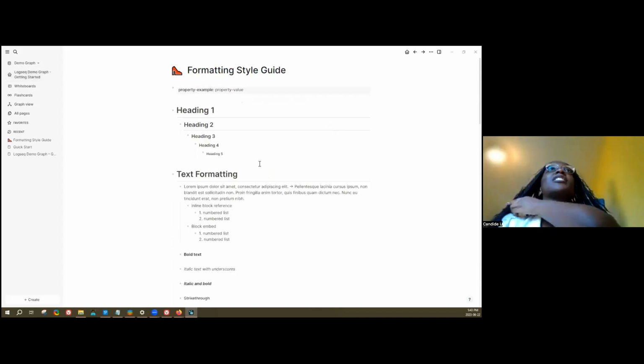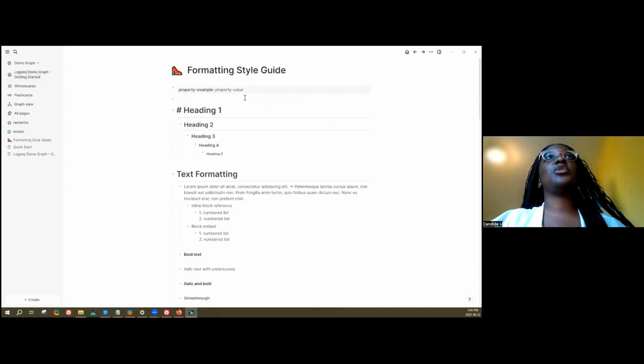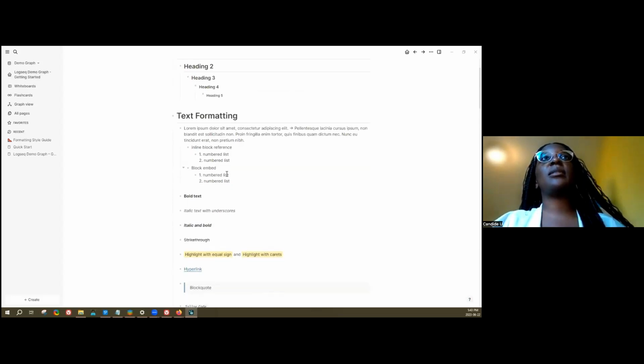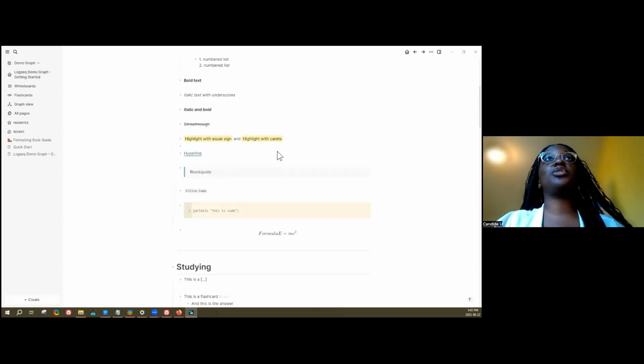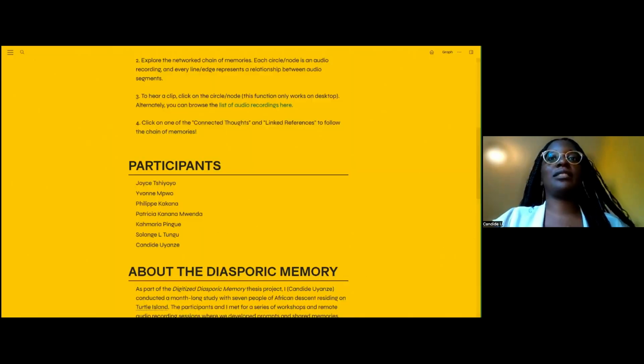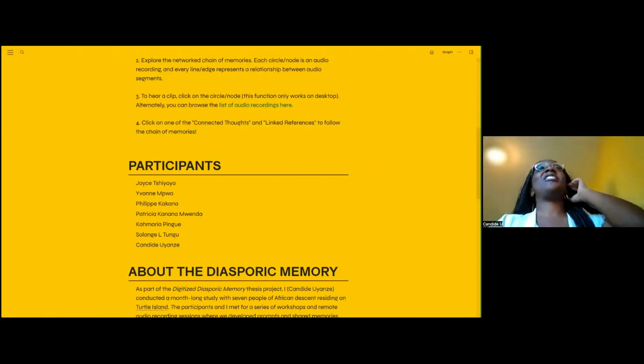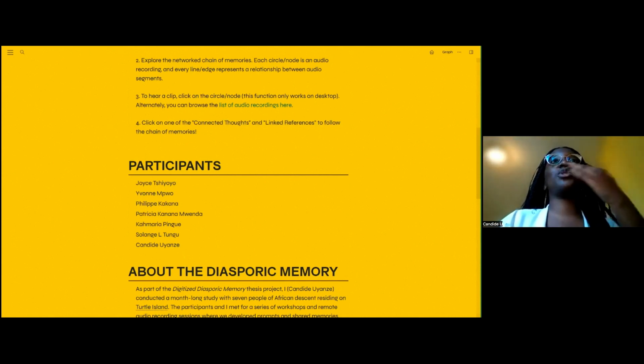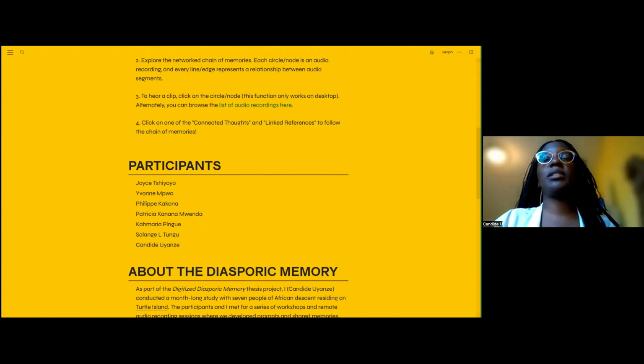I have the formatting. As you can see, there's headings. You can add properties, icons. There's quite a bit of formatting that you can do there. If you click on the bullets or the block, you'll be able to see how to create those different formats. And there's also shortcuts that you can access, I believe, if you click on the help button and access the shortcuts. Sorry, I closed it by accident. But essentially I have a page there that shows you all the different kinds of formatting that you can apply to your Blockseek pages.